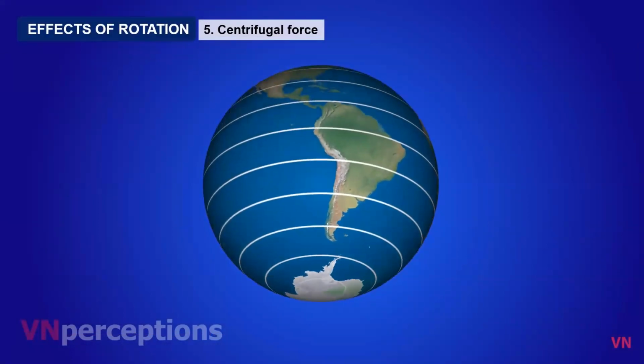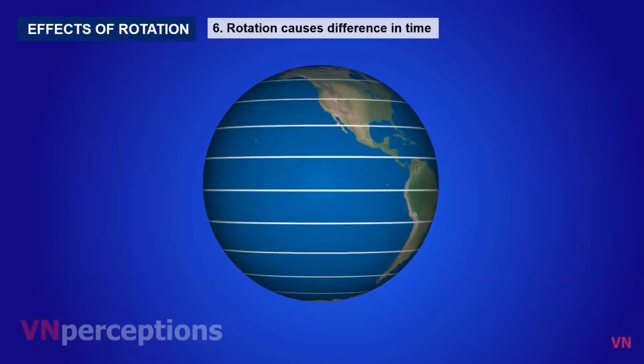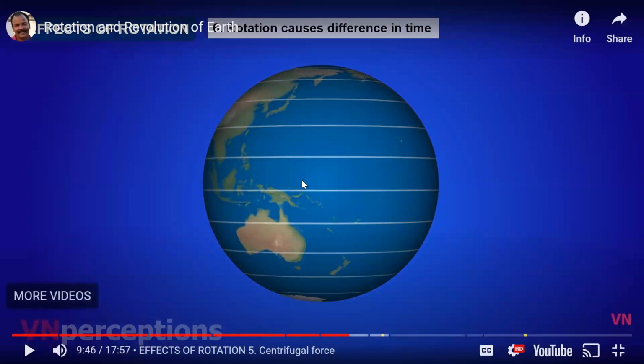Then rotation also causes difference in time, because when the earth is spinning, some part of the earth has the